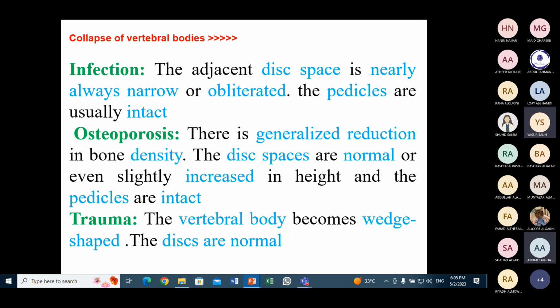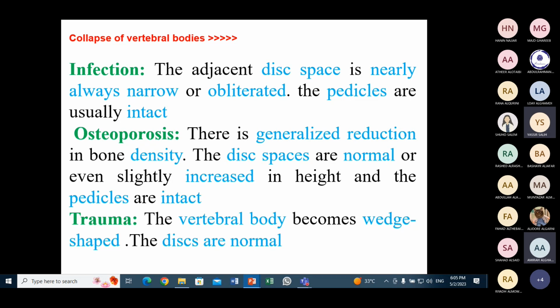طيب الانفكشن the disc spaces is affected by infection. So the infection affecting the adjacent disc spaces, and this disk space may be شنو narrowed or obliterated. لكن the pedicles بتكون شنو intact normal يعني. اذا اهم شيء تتذكر انه في الانفكشن دائما الديسك سبيسز will be شنو narrowed or obliterated and the pedicles are normal. طيب how about the osteoporosis؟ طبعا كل الكوزز دي بتعمل لنا شنو small vertebrae، يعني احنا بنلقى الفيرتبرال small